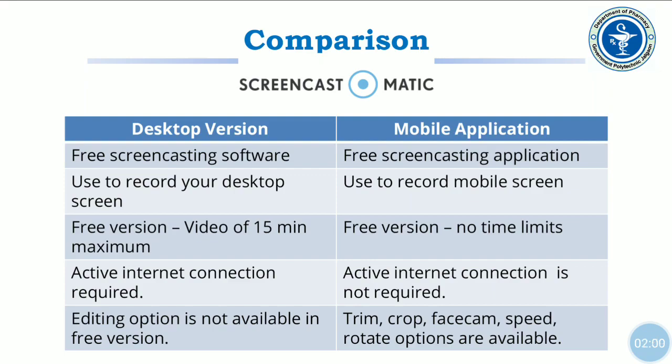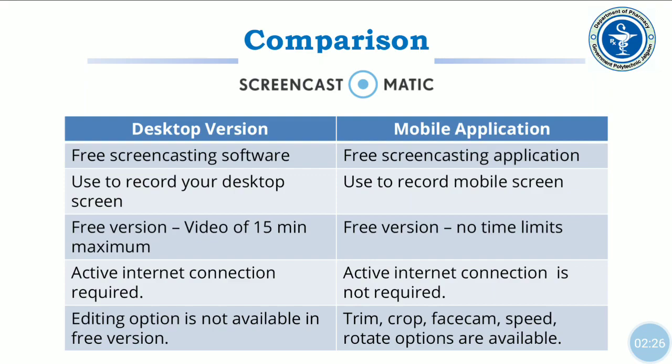So while recording, you can disable your mobile data. In this application, certain editing options are available, such as trim, crop, face cam, speed, rotate, etc. Such options are available to edit your recorded video.